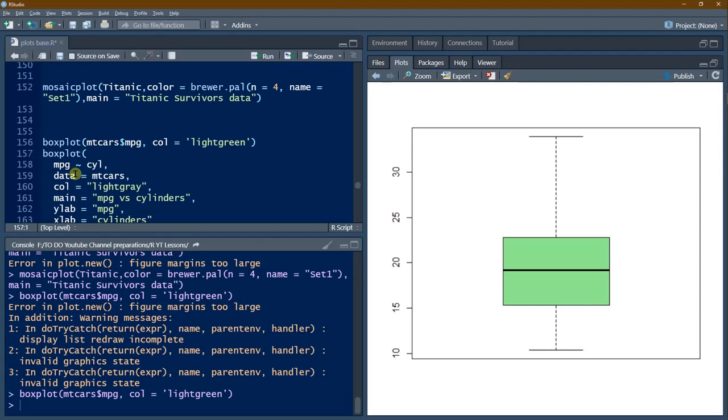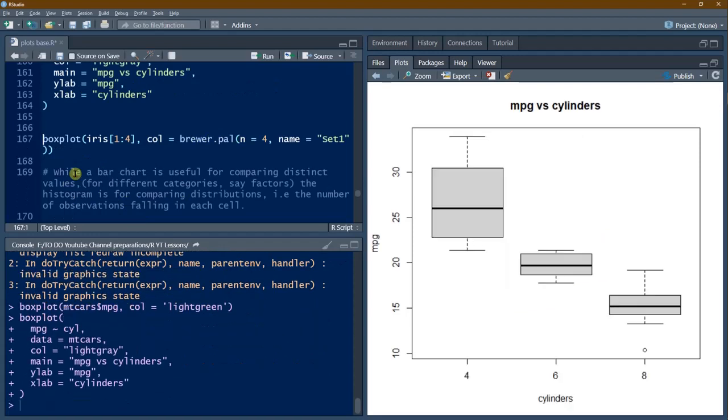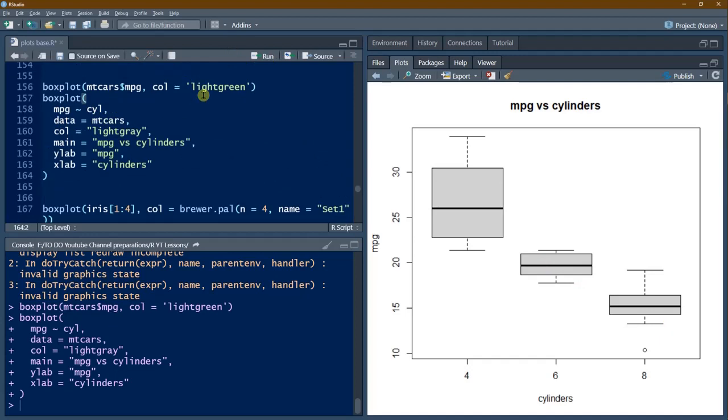MPG and cylinder: in this comparison we have got 3 box plots, and we have added the color here, and we have also given the title, y-axis and x-axis details. We can attempt an interpretation of this.